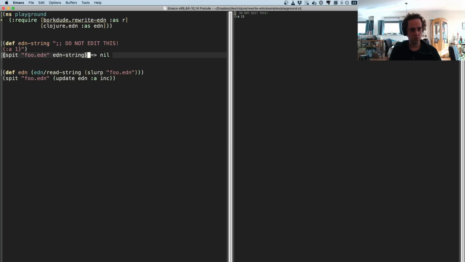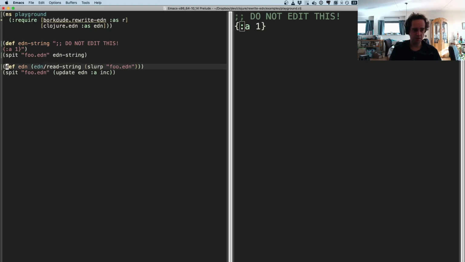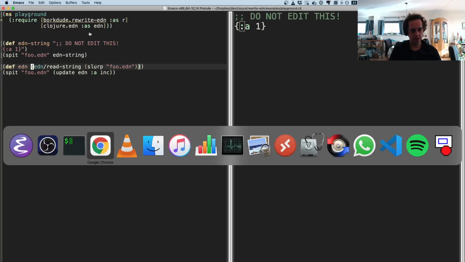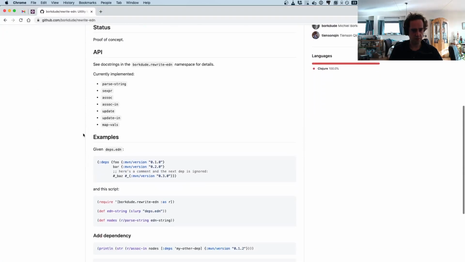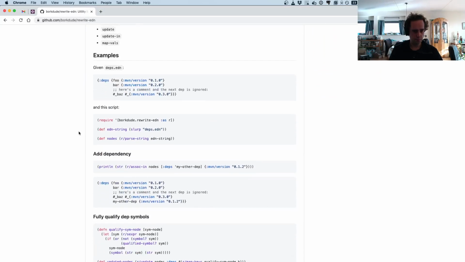So this is the original, and now we want to preserve this. So we want to update the map A1 without interfering with this comment. So we want to leave the comment in. So that is where the Rewrite EDN library comes in. So what we do is we don't parse the EDN with EDN read string, because that throws away all the white space and comments. But instead we parse it with the Rewrite EDN library,